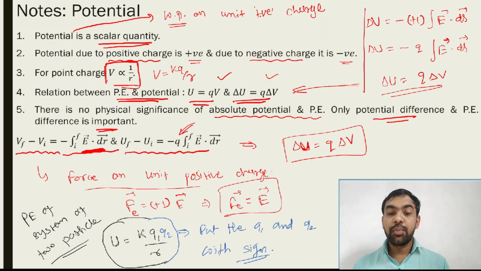So if you want the potential energy of the system, at that time you put the value of Q with its sign. Here, positive charge, positive potential; negative charge, negative potential, exactly similar. When you use this equation, you also put Q1 and Q2 with sign, maybe positive, maybe negative, whatever is given in the problem. Okay, all of you note this everything, then after we go to the next. Okay, note it.